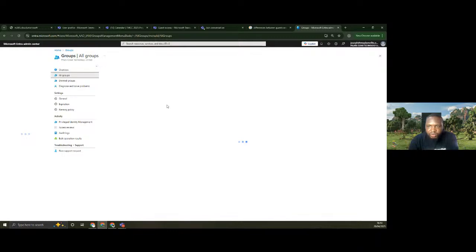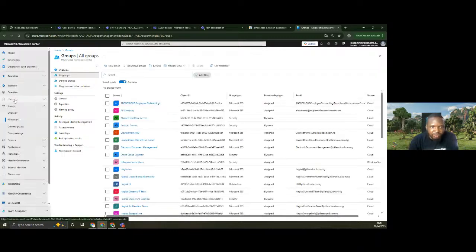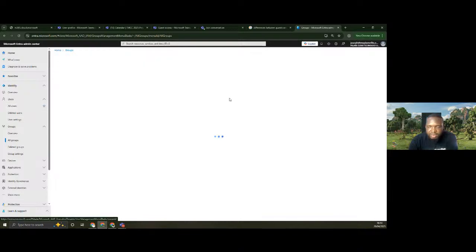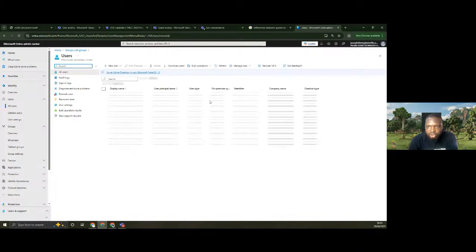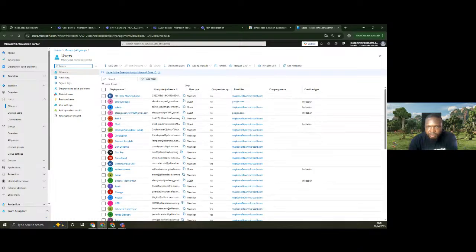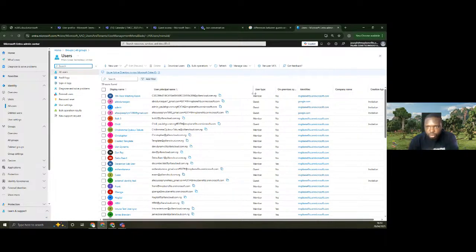But for an external user, you do not have the presence of that user in your directory in the first place. Looking at this, if I bring this up, you will see the user type showing guest. If I pull this forward, you will notice one thing in common. For the ones that are guests, you will see EXT here. For this one that is a guest, you have EXT. For this one as well, you have EXT. But for members, you don't have that. You only have them bearing the domain of the environment where they are created. But these are invited users, the guest users.